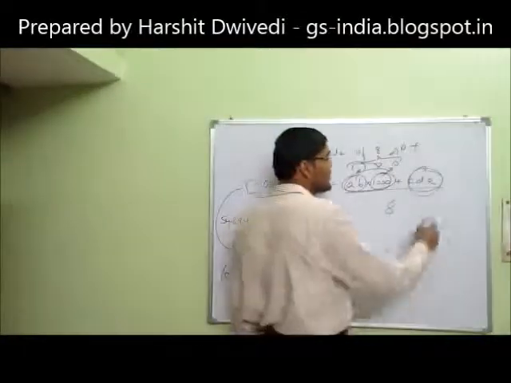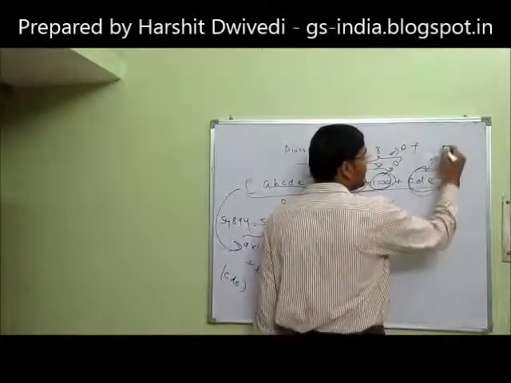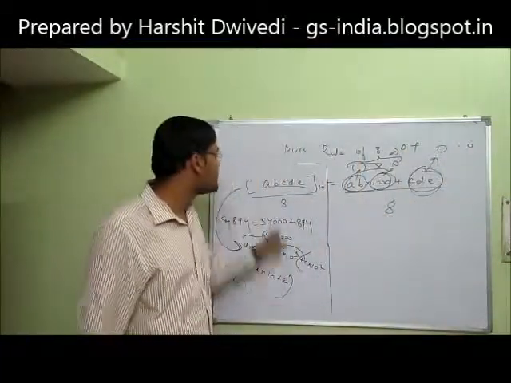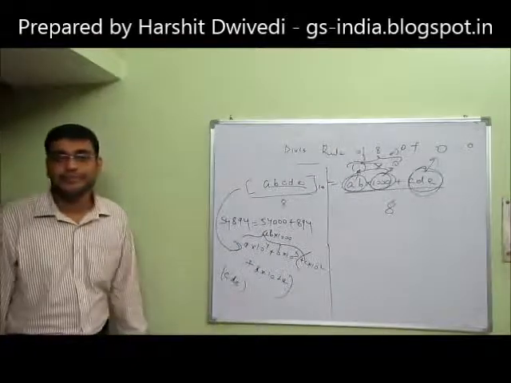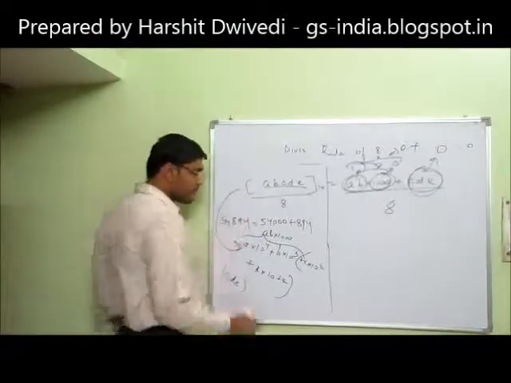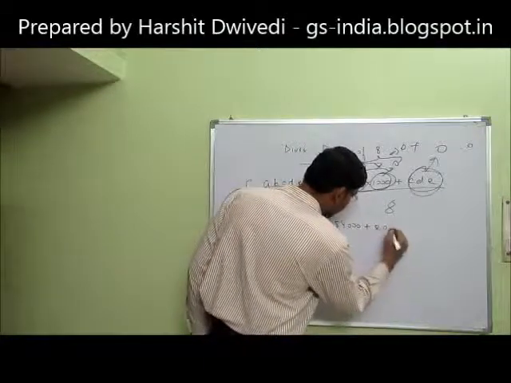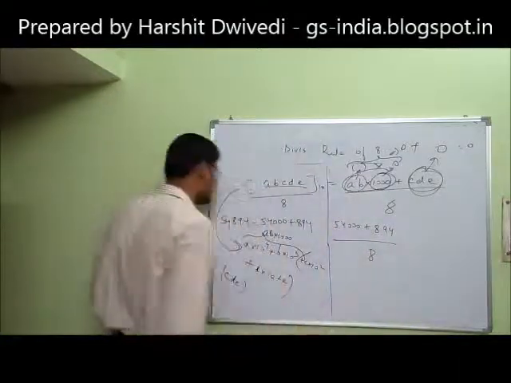That is, if CDE leaves a remainder of 0 with 8, then 0 plus 0 equals 0, that is, the remainder is 0. That means this number ABCDE is divisible by 8. Let me take an example: 54,000 plus 894 divided by 8. If I have to check the divisibility of this number,